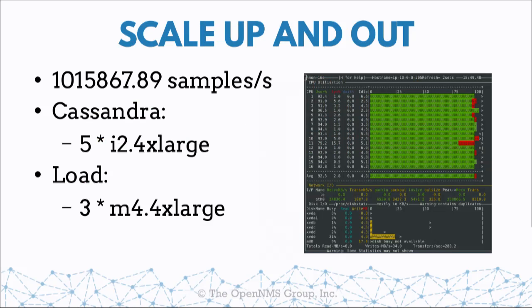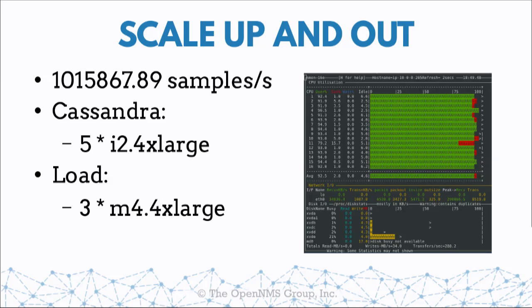So now, in terms of scaling out, while preparing for this talk, I looked at the presentation before me. It was about inserting 1 million metrics into KairosDB. So I thought, what would it take to do 1 million metrics in Newts? So I spun up a lab on AWS. And in the end, I was able to do just over 1 million samples per second